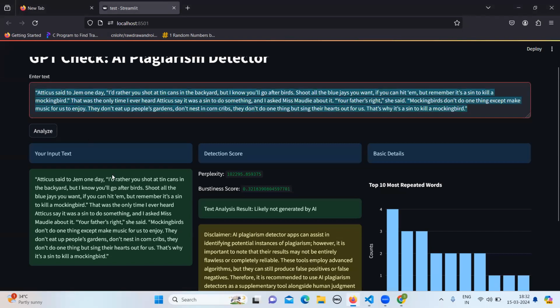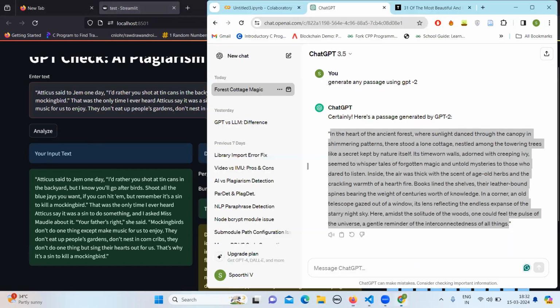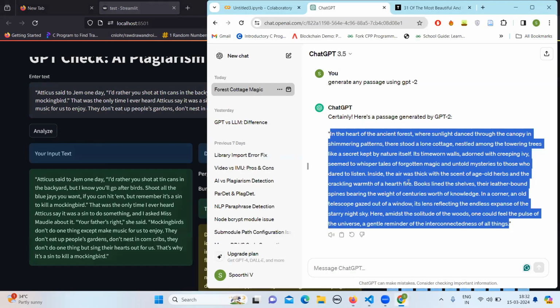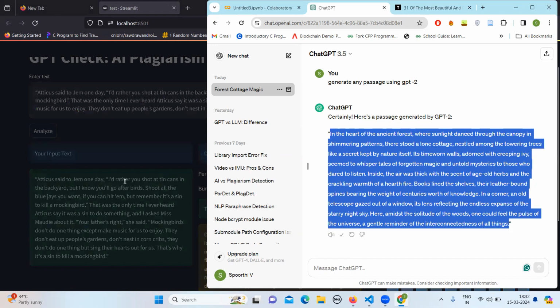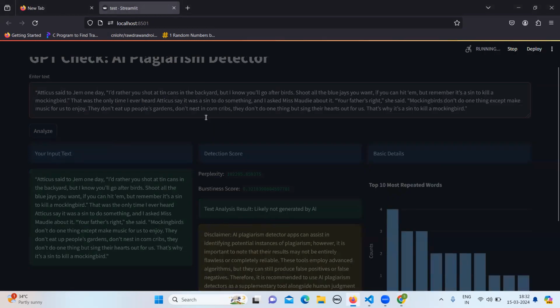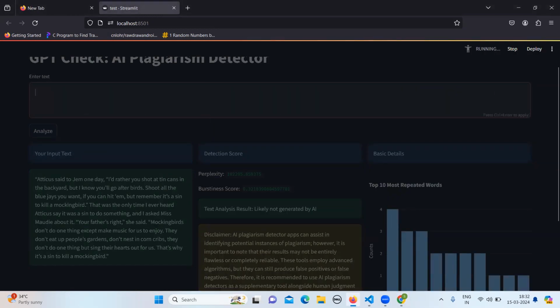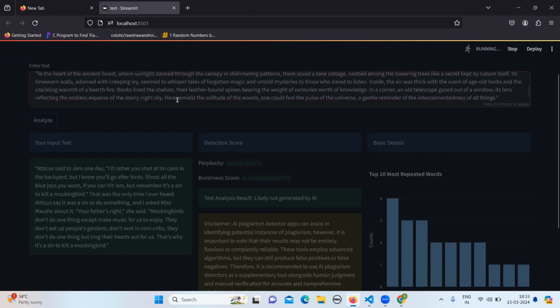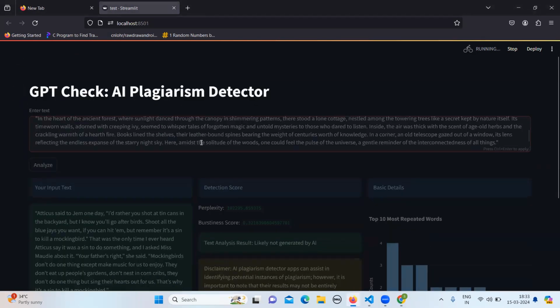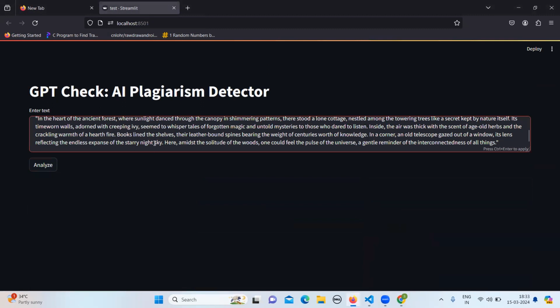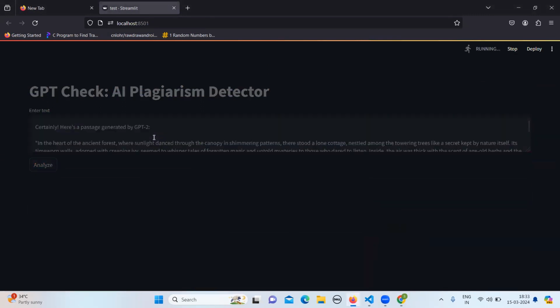Change this. Everything is not being correctly copied. Yes, this is done. Now change this. And if I click analyze,